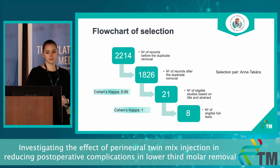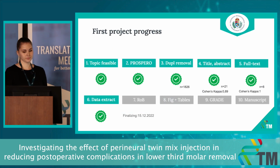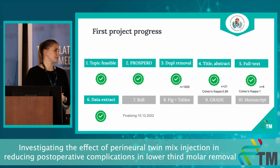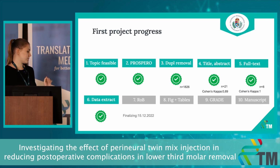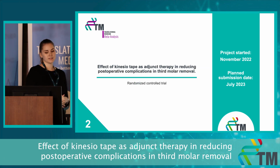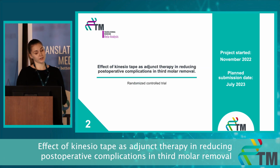After the full text selection, we have 8 eligible articles. And here you can see my first project progress. As you can see on the slide, I finished with my data extraction table, and now I'm working on the ROB. My second project is about the effect of kinesiotape as adjunctive therapy in reducing postoperative complications in third molar removal,